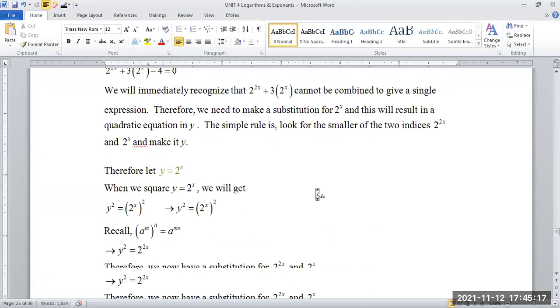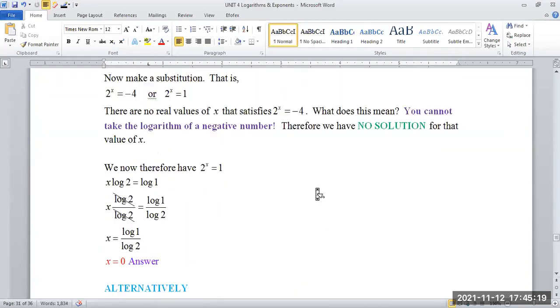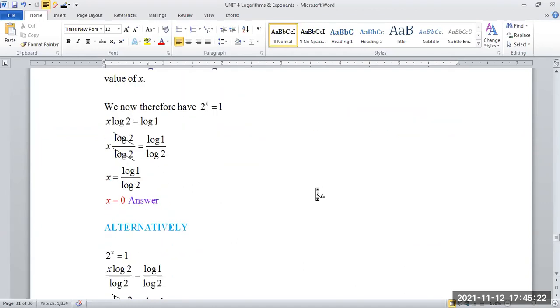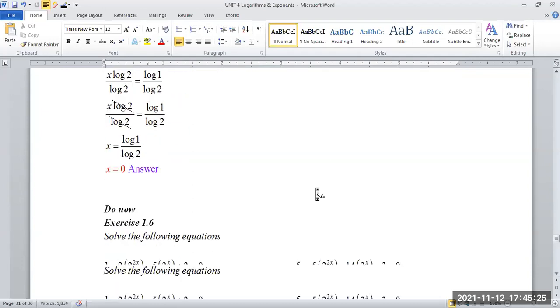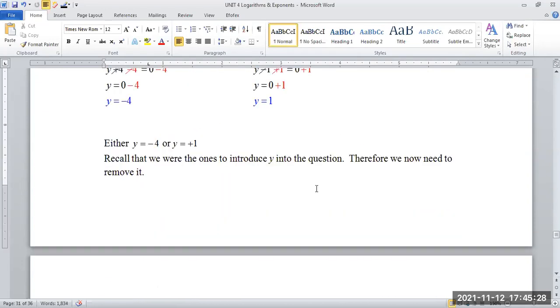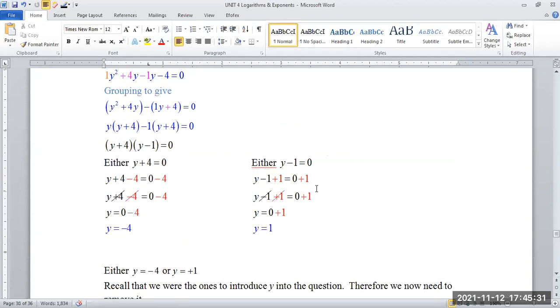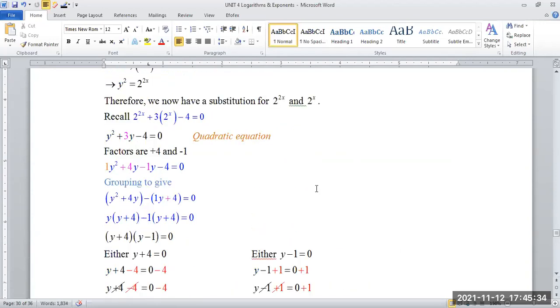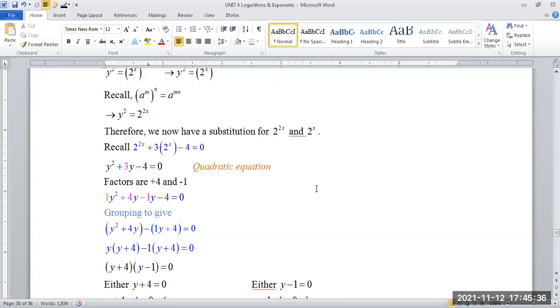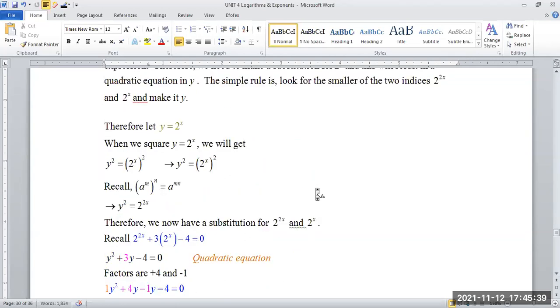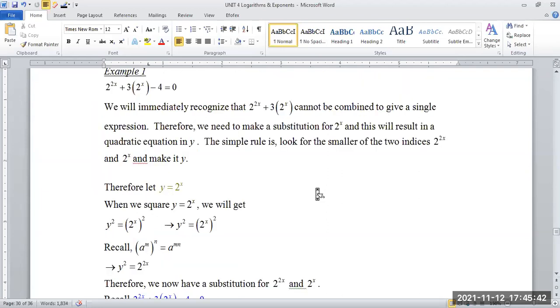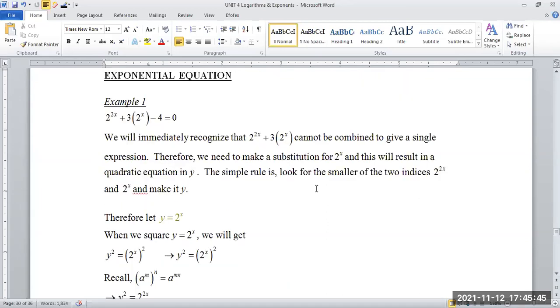All right, so I'm on the final piece. I'm thinking that I can give you a question of this nature, because it does include what we have been doing. So I want you to just run through this question. It's of an exponential form, and it says 2 to the 2x plus 3 times 2 to the x minus 4